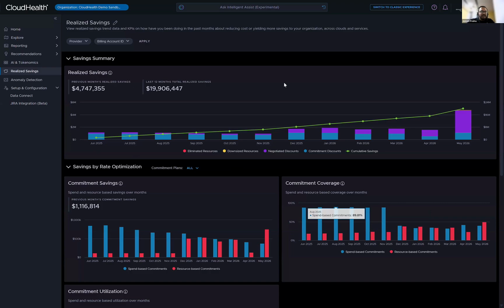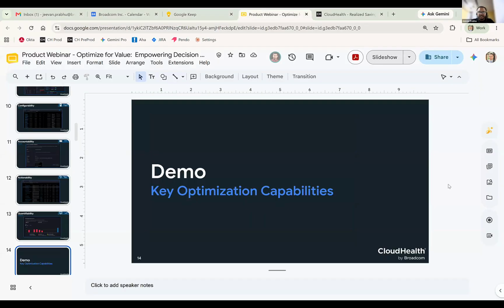And obviously anomaly detection. We have root cause analysis, which is mainly missing in the new experience, which will come soon. Together, this is what the offering is as optimization recommendation. And as I was saying, the central tenet is to be able to bridge all of it together till the action and quantifiability.